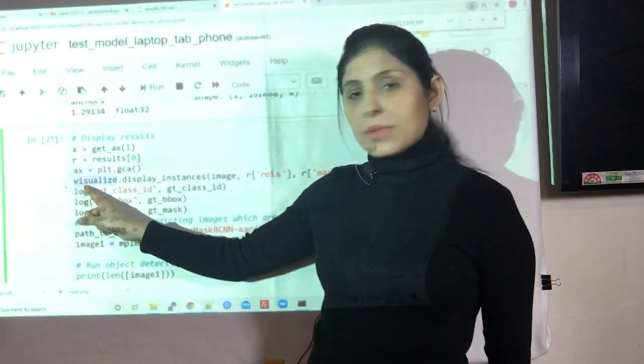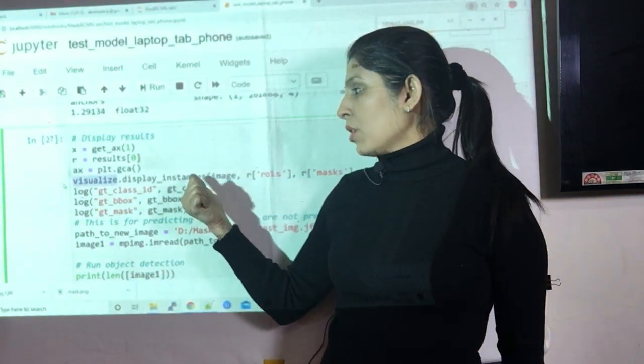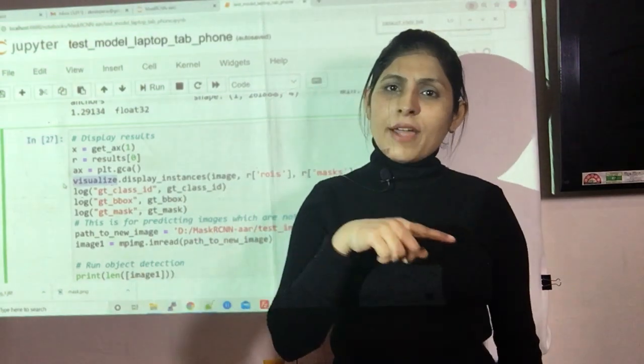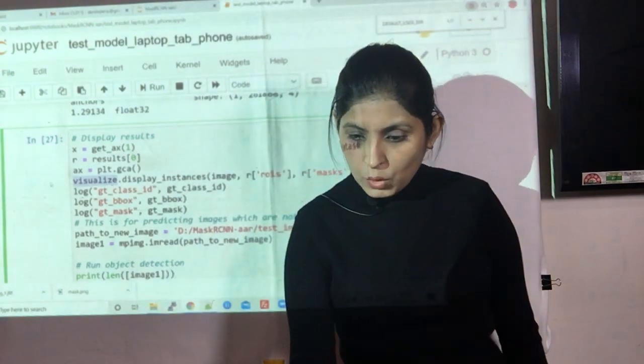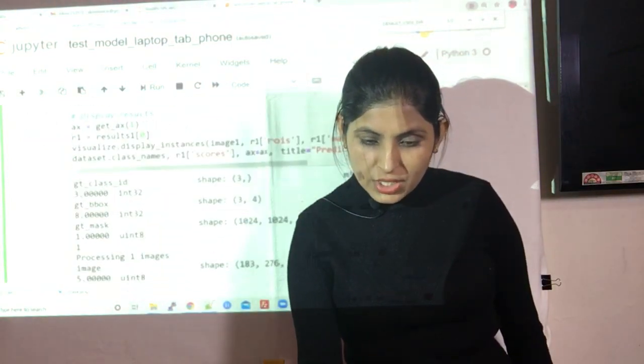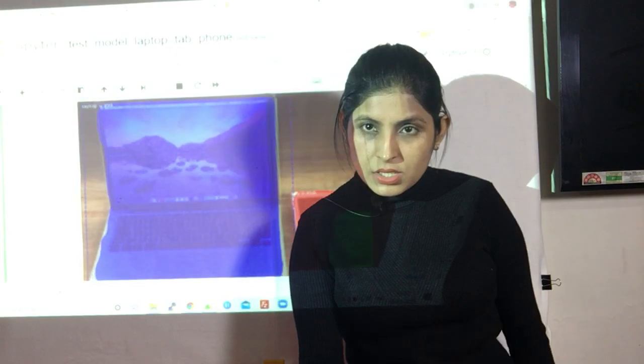Okay. So from that particular file we are using this display instances method. Okay. This we have already created over there. Okay. And then when you check the output, see, this is what you will get.